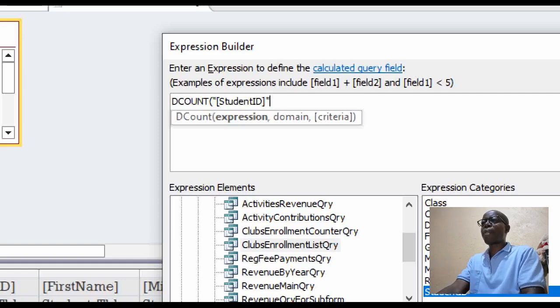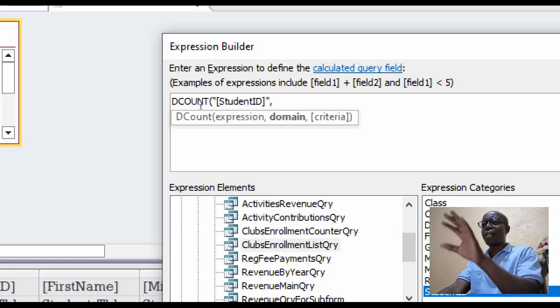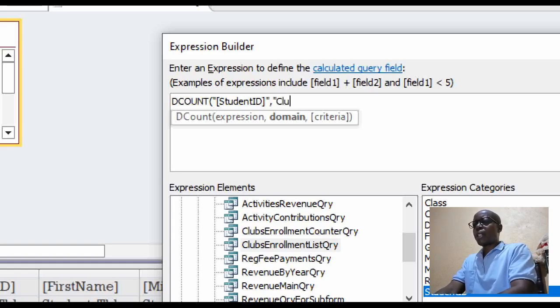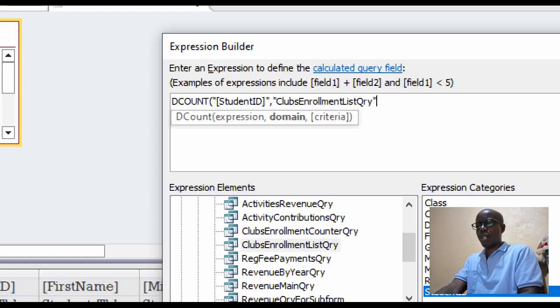But that's how it should now appear. Check on your screen, then a comma, so that we provide the domain. The domain is the previous query name, clubs enrollment list QRY.